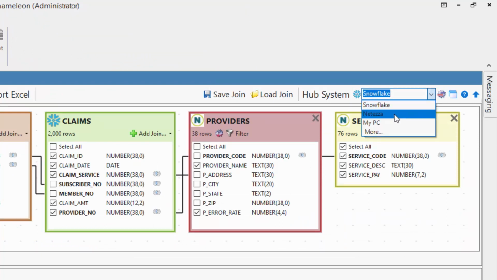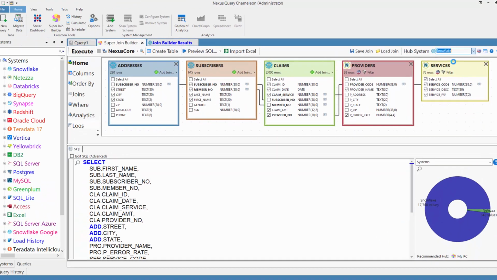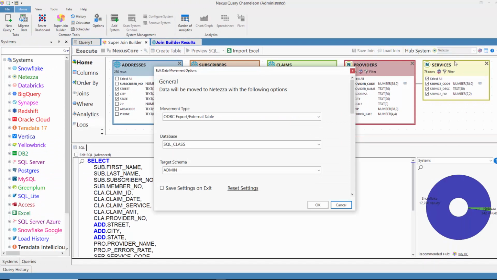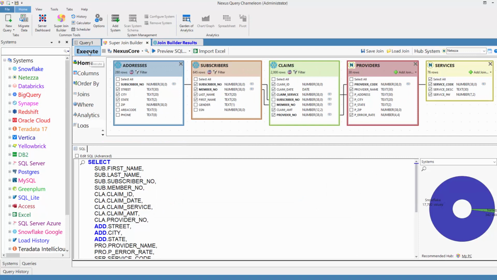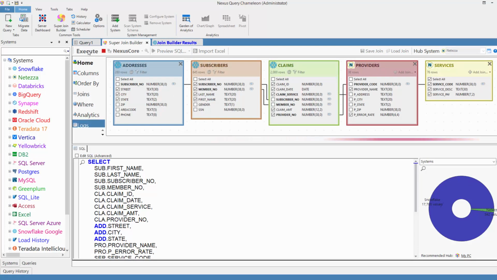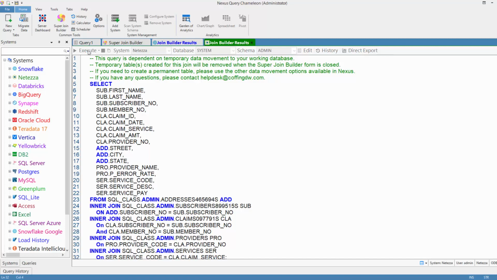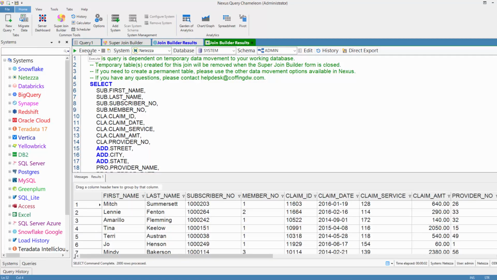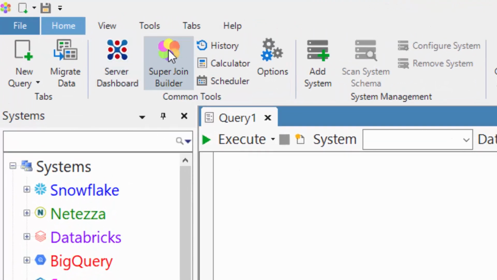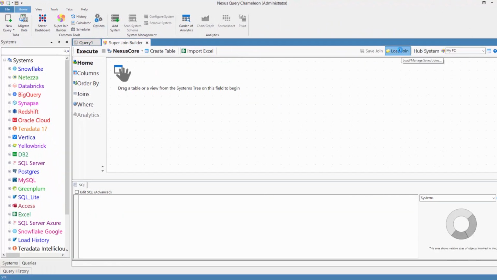Notice the hub with Snowflake. That's what we've done. Now, I'm changing the hub to Netezza. It will say, what type of data movement do you want? If they're big tables, I can use powerful utilities. And now when I execute this, it is the Snowflake tables that are being converted to Netezza. The load scripts are being built, and this moves over to Netezza where we process this on Netezza. If I would have picked the hub of my PC, it would have brilliantly brought everything back to my PC